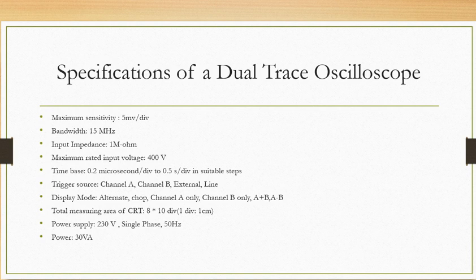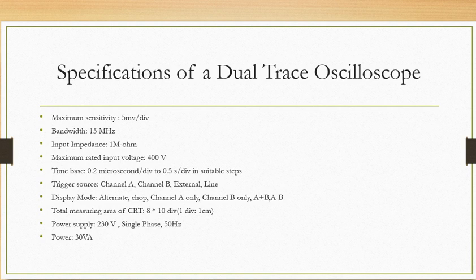After that we will see some Lissajous patterns and their uses for extracting information about the signal applied to the CRO. We will discuss how to measure the phase and the frequency using Lissajous patterns. And you know how to measure the voltage and the frequency with the help of a single trace CRO. I showed you that video, and I think you have seen that. For today's lecture this much is sufficient. We will see the remaining part in the next lecture. Probably we will complete this unit in the next lecture, and after that, if we get time, we will see the revision of this unit as well.